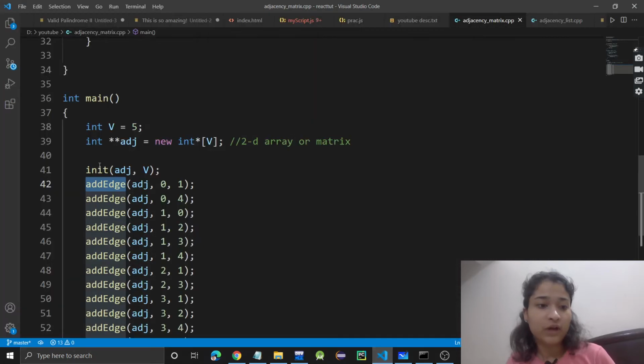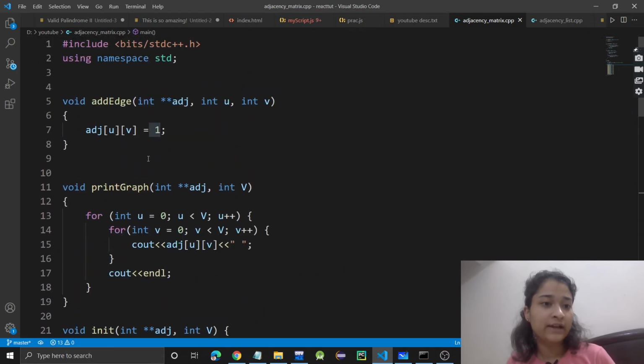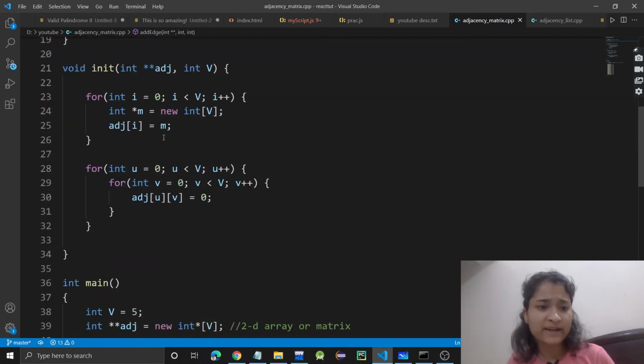So how do we do that in the code? I have created a function add edge, and I am passing the adjacency matrix, u, the starting vertex, and v, the ending vertex. In this function, I am just changing the entries to 1. This is how I am adding an edge.